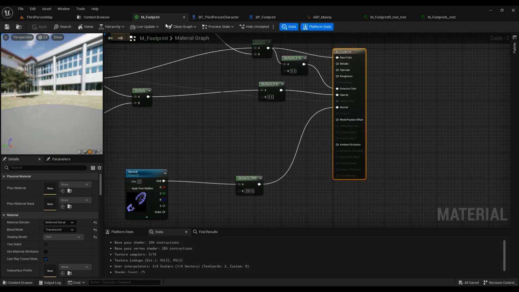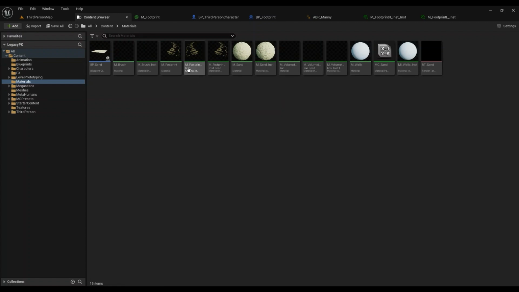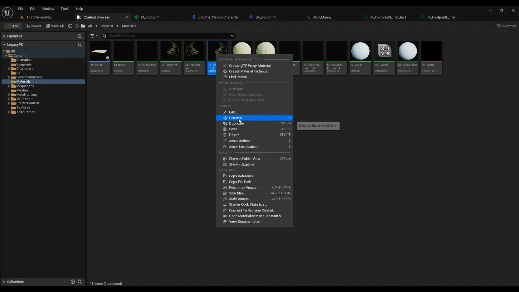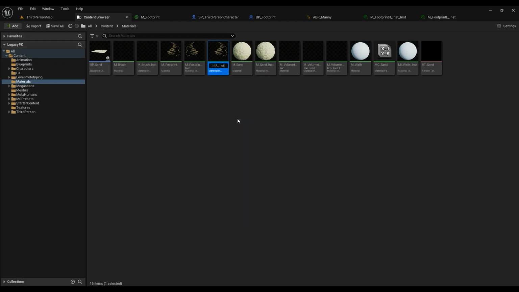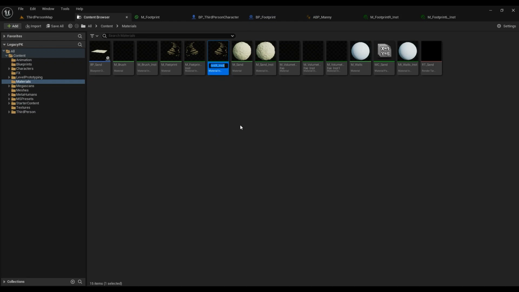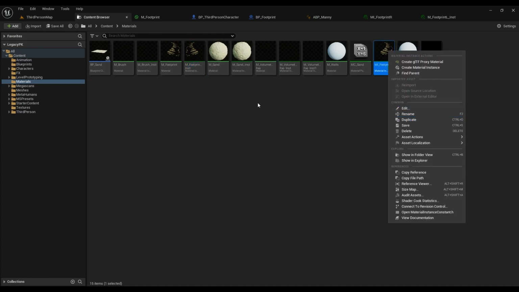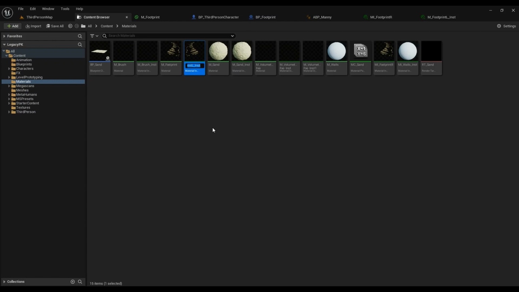So this is the material we've created. Find it, right click, create a material instance, create an instance for the right, call it footprint right r underline instance, or you can call it this way as well. It's a better practice to name them like this. So MI is shortened for material instance, and then you can just right click, duplicate it for the left, rename,